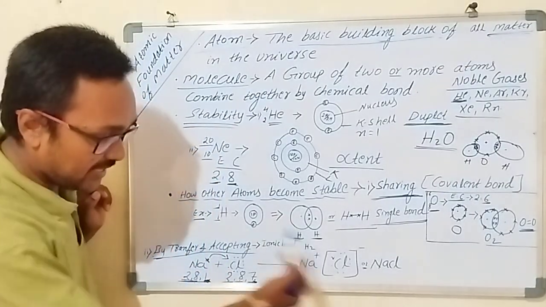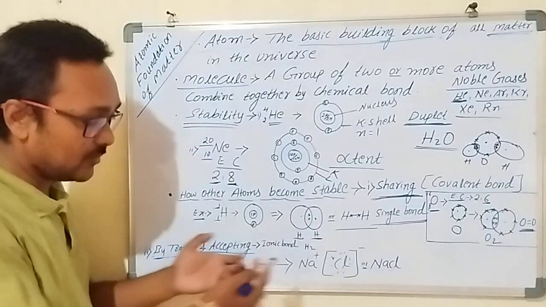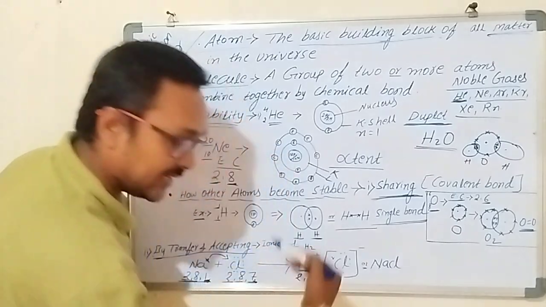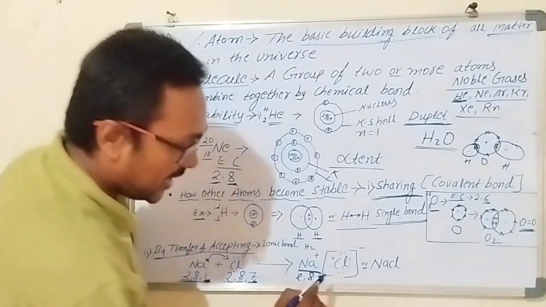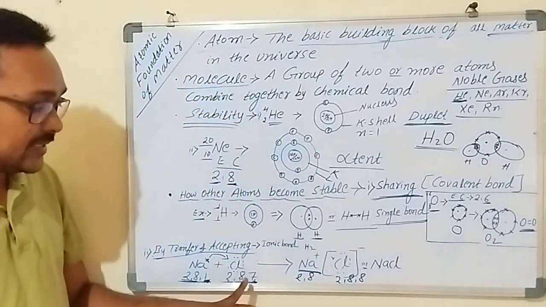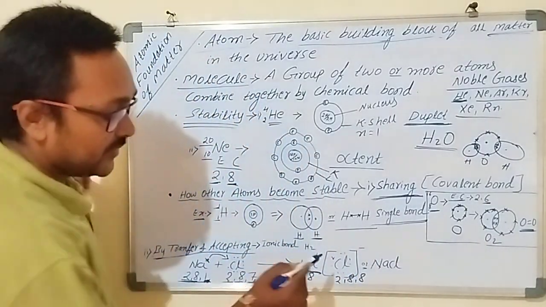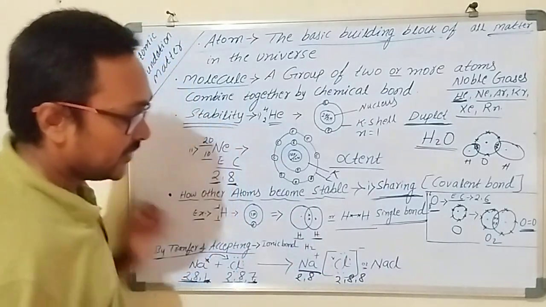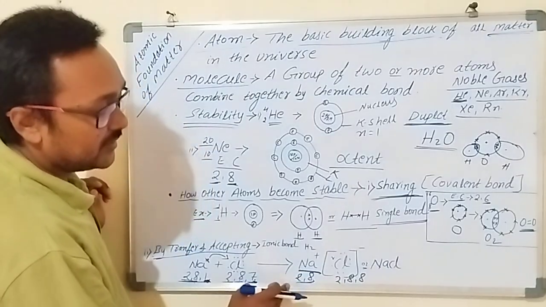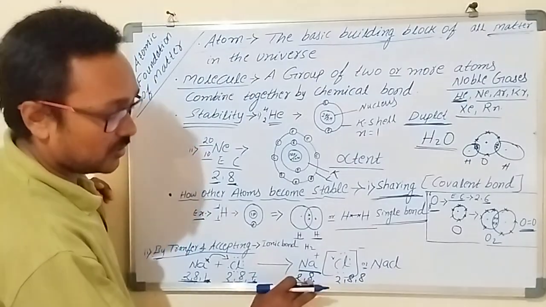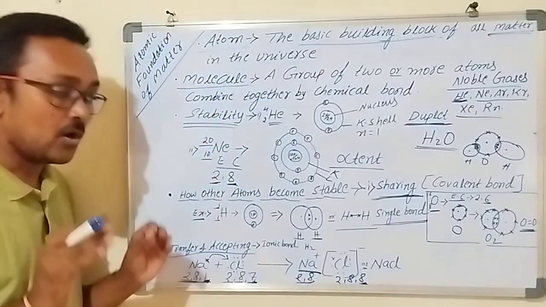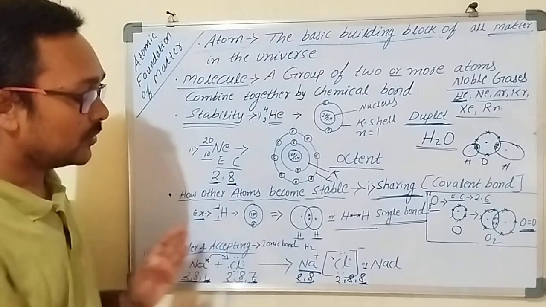So let me check how it happens after this transferring and gaining. Na becomes Na plus, meaning it becomes 2, 8, as 1 electron is given and the charge becomes cation, and chlorine becomes 2, 8, 8, meaning 1 extra electron it got. Earlier it was 7, now it becomes 8. It gained 1 electron from the sodium, so both of them attained the noble gas configuration. This is 2, 8, the outermost orbit is an octet formation. 2, 8, 8, the outermost orbit also obtains the octet formation. So both become stable.